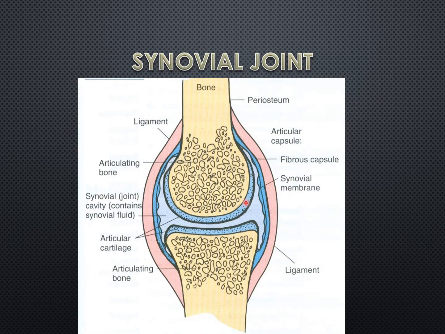So this is how a synovial joint looks. You can see the two bone ends, and the articular surface is lined by a thin layer of hyaline cartilage, which is the articular cartilage. Uniting the two bones together, we have the fibrous capsule. The joint cavity is enveloped by the fibrous capsule, and on the inside we can see the synovial membrane lining it. The synovial membrane is absent over the articular cartilage.